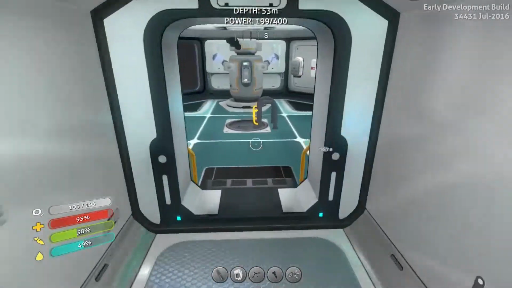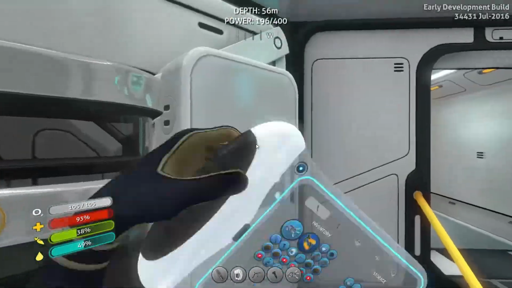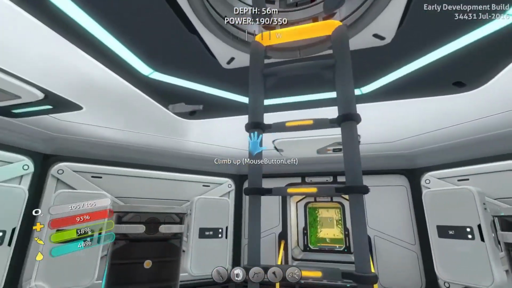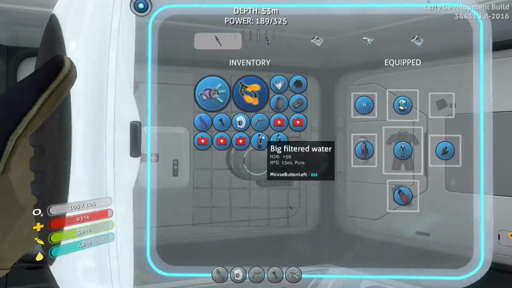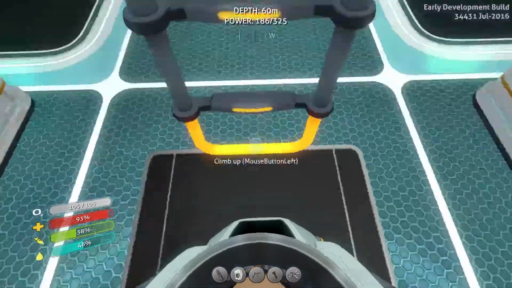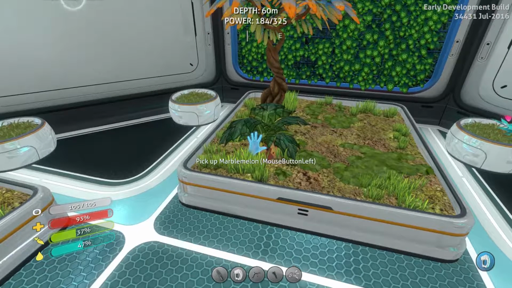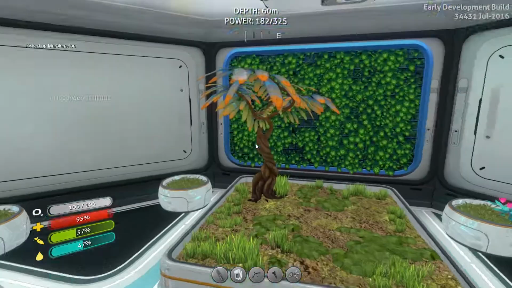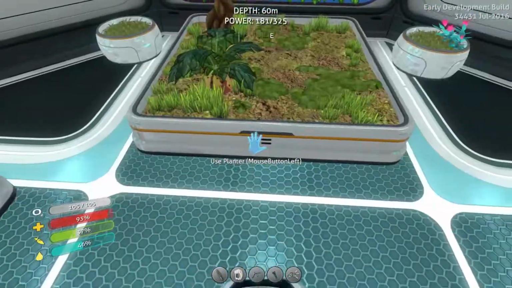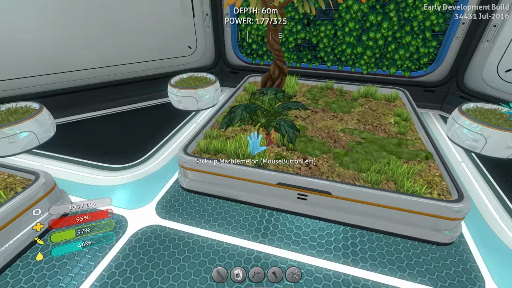Okay. We're back in the base, and let's go ahead and go down here. Let's put all our coral away. And then pop up. And do I have anything to eat? No, I don't. I'm hungry. Pop down. Nope, nothing's come to fruition yet. Ooh, marble melon's ready to go. It doesn't duplicate itself. I wonder...